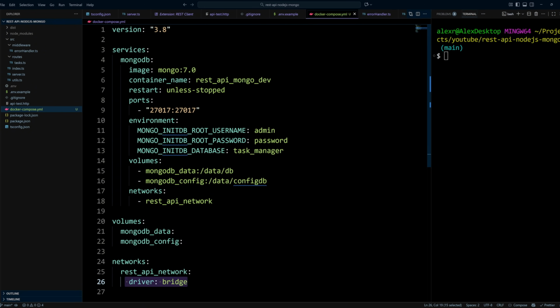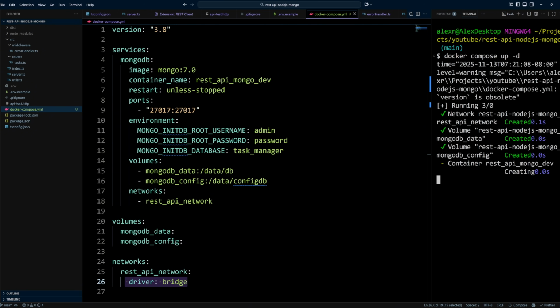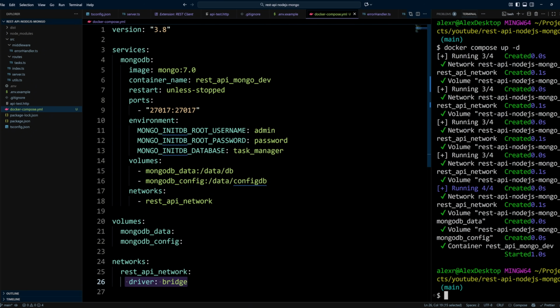In order to spin up the database, we will use the command docker compose up, and we'll put the -d flag. It's going to be running in detached mode. So if you don't have the Docker container, specifically the Mongo one, it will take a little time. In my case, I already have the container pulled, so my MongoDB got spun up and is ready to use